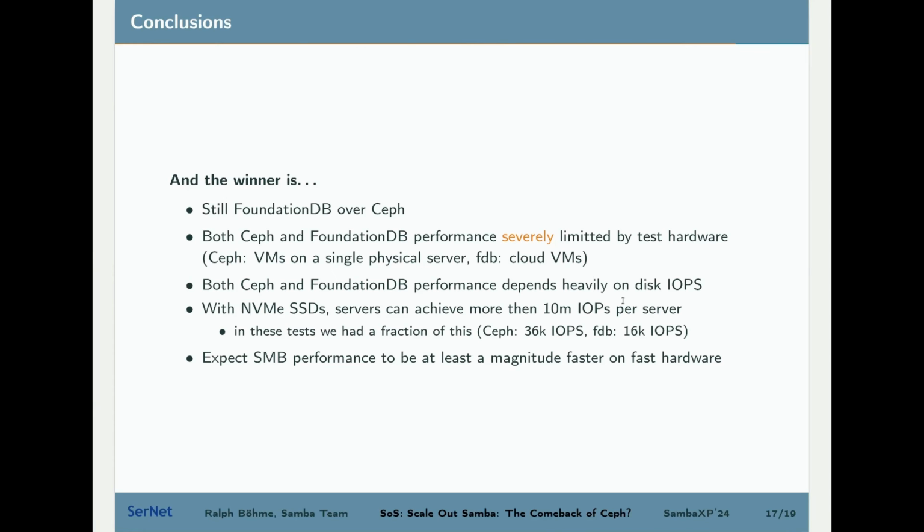So when running on decent hardware, I would expect performance to be at least an order of magnitude faster than the results shown here, because it depends so much on the number of IOPS and disk latency. It's also somewhat network latency dependent, but mostly disk IOPS and latency.